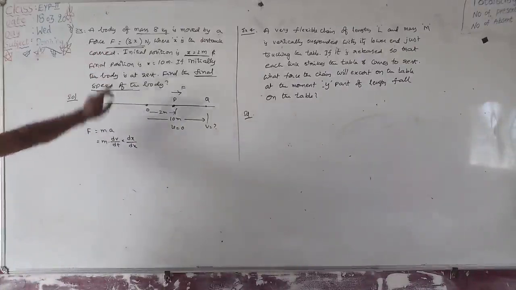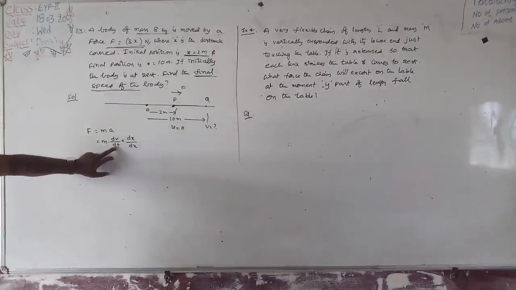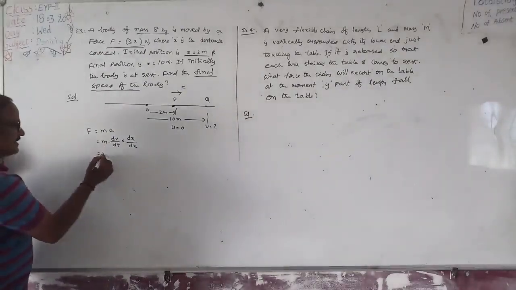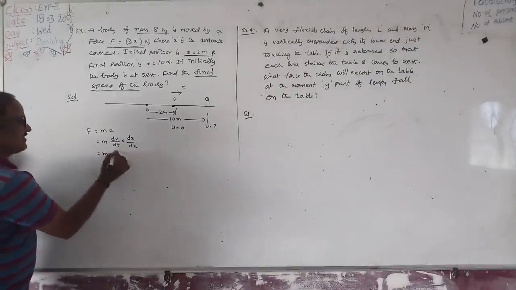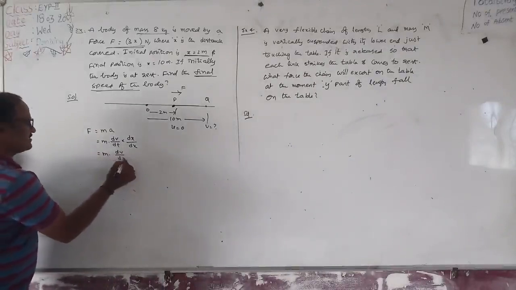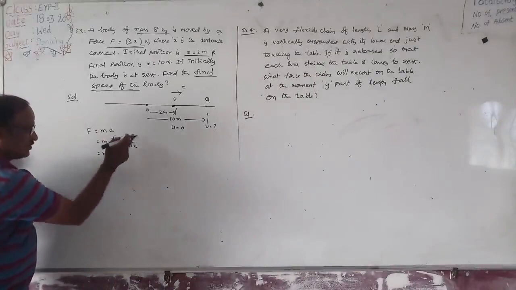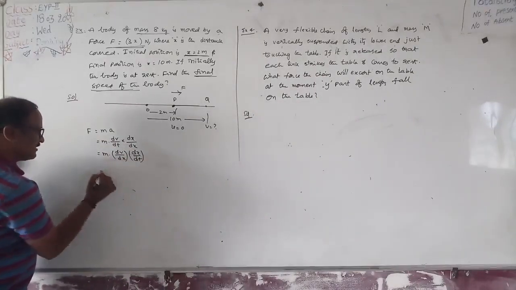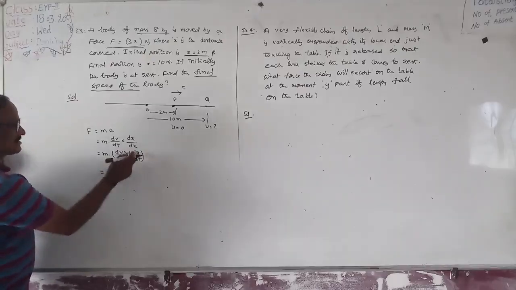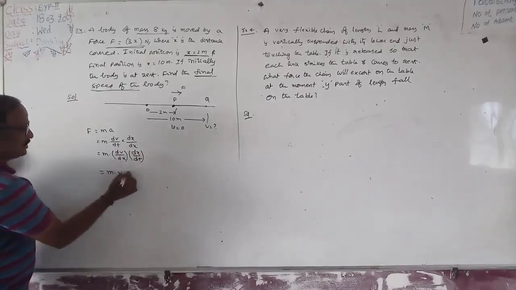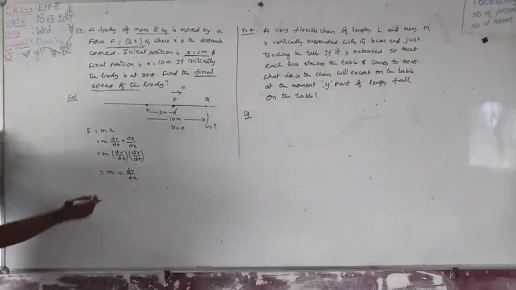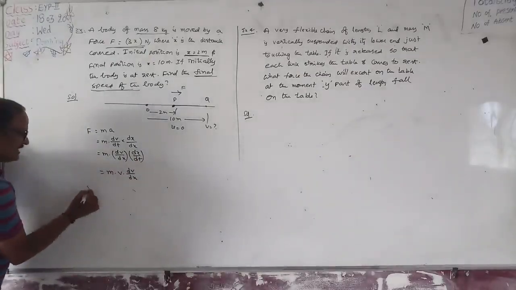not in terms of time. Here we are not having the time parameter. So that is equal to m into dv by dx into dx by dt. That is equal to m into velocity into dv by dx, right? So from this formula, v dv is equal